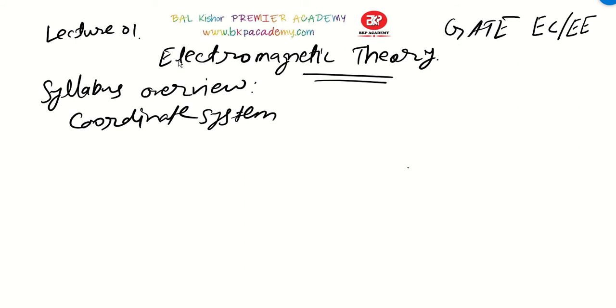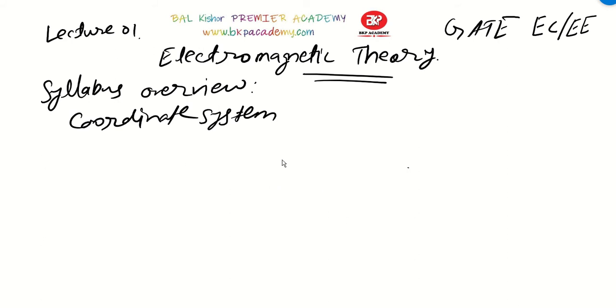In this electromagnetic theory, we will see the full subject which will be useful for GATE, and with each and every chapter we will see GATE questions as well as questions which can come in the examinations. So, you have to just stay tuned with all the theoretical lectures as well as problem solving lectures. I will try to explain a concept and then solve questions based on that, right. So, let us start with lecture 1.